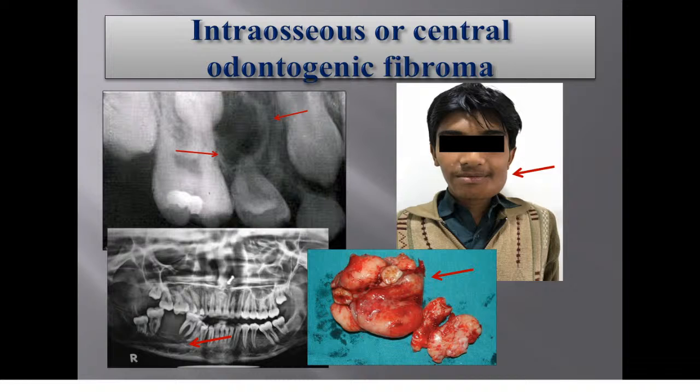Odontogenic fibroma is a benign odontogenic tumor that may arise centrally in the jaw bones or peripherally on the gingiva. Central odontogenic fibroma on clinical examination usually presents as a non-tender swelling showing cortical expansion. However, root displacement and root resorption have also been reported in cases where lesions are more severe. And of course, there are a lot of different types of odontogenic fibroma, and here you can see the X-ray and clinical picture of an intraosseous or central odontogenic fibroma, and